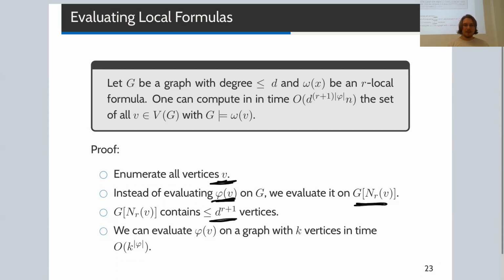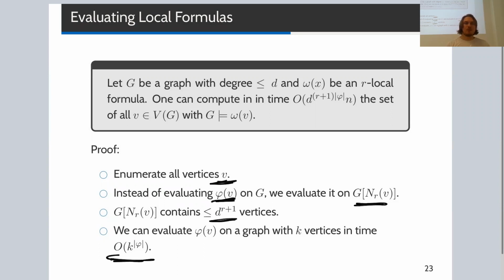So if a graph has k vertices, then in the last lecture we saw how to evaluate first order formulas in running time k to the length of the formula. And since k is d to the r+1, this gives us the running time that we claimed here on top. So